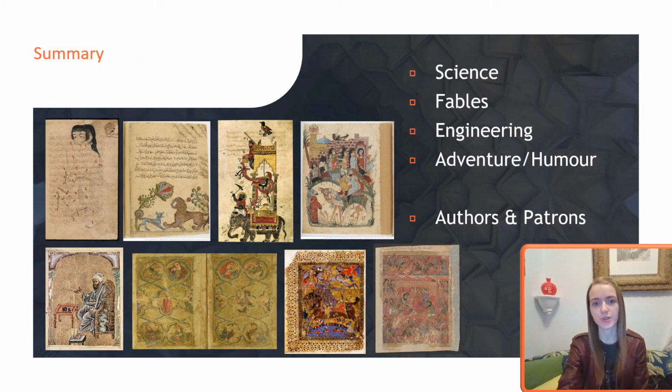To conclude, we saw a lot of different genres of Arabic literature today, and various paintings, starting from the zodiac drawings and fables serving to educate young princes, to scientific treatises, including the elephant clock, and humorous adventure stories that are very densely illustrated. We then had a look at author portraits that often relate back to antique or Byzantine